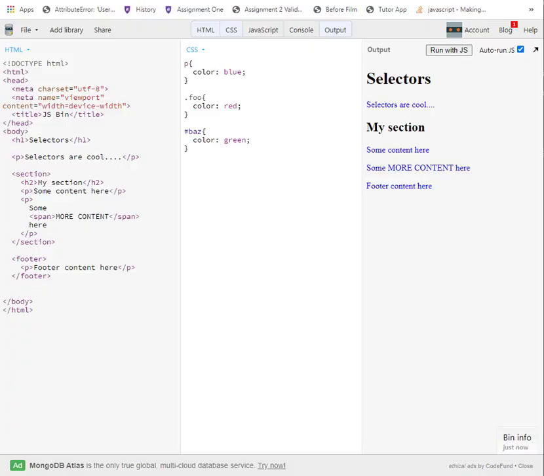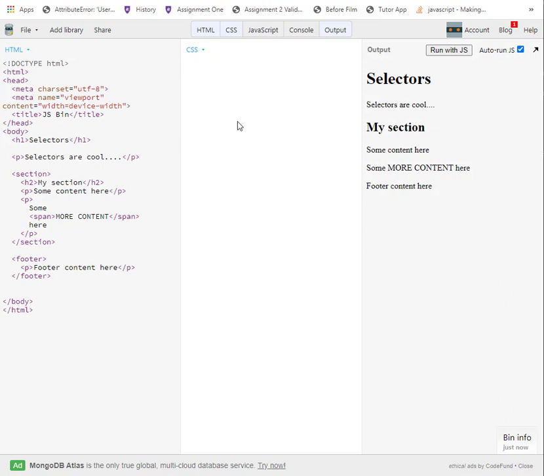Hi folks, in previous videos I showed you three different ways of creating rule sets with selectors. First, you can target on the basis of an element. You can create a selector that targets a class, or you can create selectors that target IDs. In this video I wanted to show you some other types of selectors that allow you to target in different